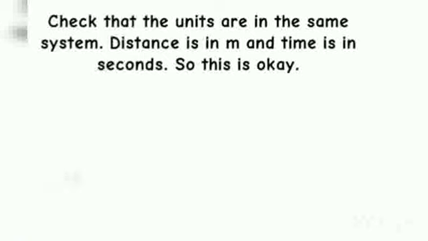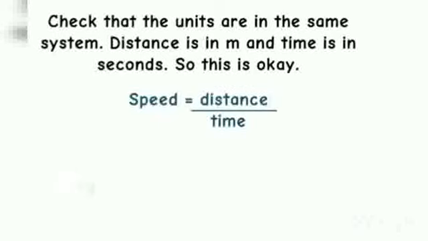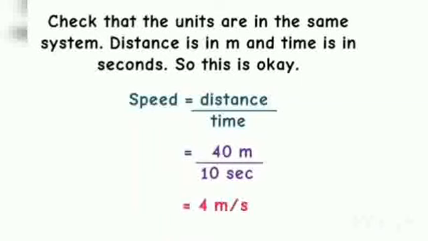Check that the units are in the same system. Distance is in meter and time is in second, so it is okay. Let's put the value in the formula. Speed is equal to distance upon time, means 40 meter by 10 second, and we get the answer 4 meter